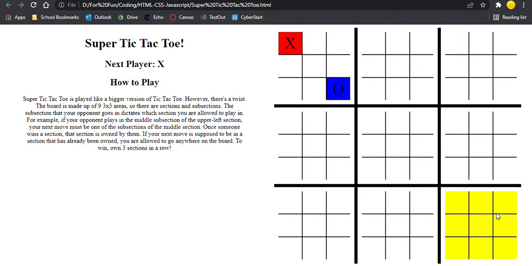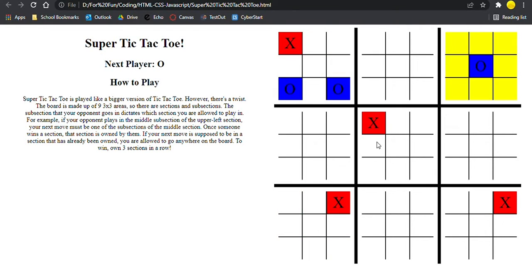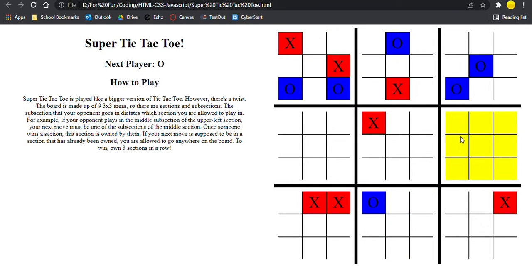So X would say, okay, maybe go here. Then O could go up here. X could go here. Now you can see we're only allowed to play in the yellow one, so you can't overwrite any of the previous spots. And so, you can just kind of keep going. And then we'll say, like, just kind of fill in some blocks randomly here. Now let's say that we wanted to